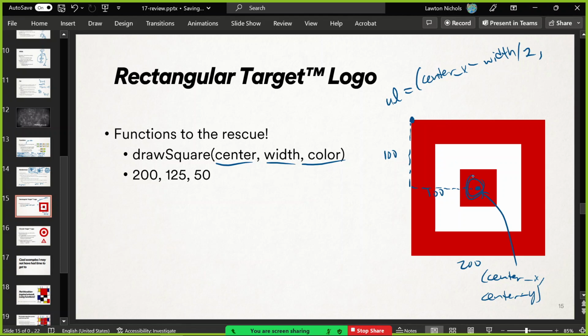Well, it's the y coordinate of this one, but go up 100, so plus 100 that time. So center y plus width over 2. And that's your upper left. And then we know how to draw a square. We've made a draw square function with an upper left before. So that works out. And we just do that for everybody. Like this one's 125, this one's 50. And it should all be happy. So let's do that.